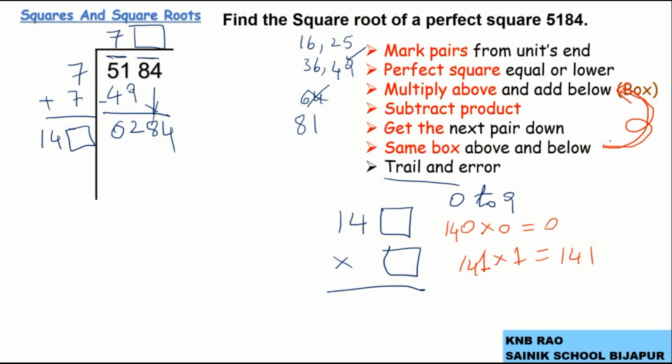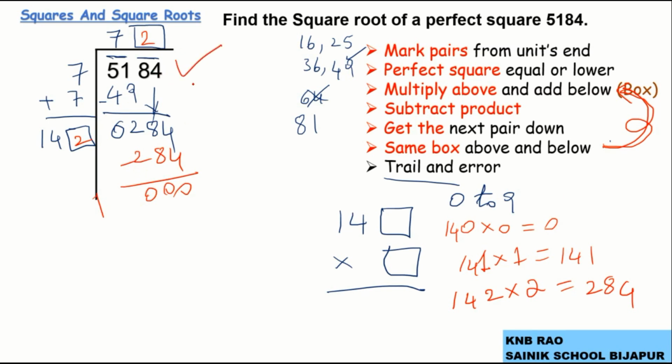Now you could make out, next to 1, when I choose 2, 142 multiplied by 2 gives 284, which is equal. So we got the difference being 0. The moment it becomes 0, we can say this number is a perfect square first thing, and